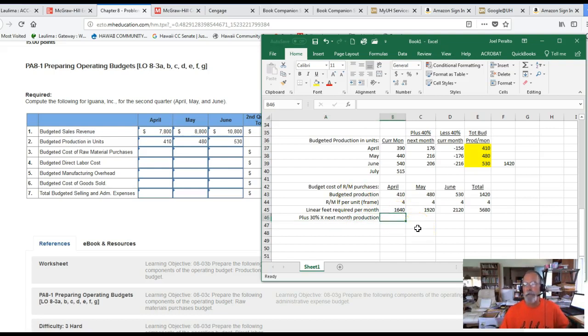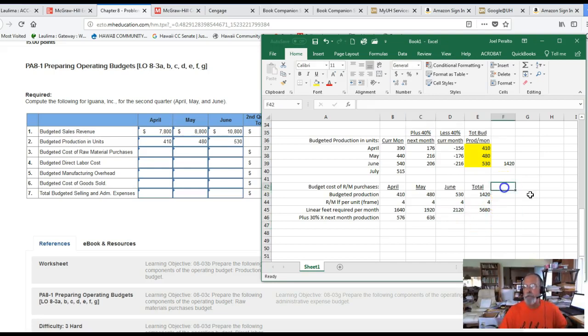So our next month production is 1920 linear feet, times 0.3. Next month's production is 2120 times 0.3,